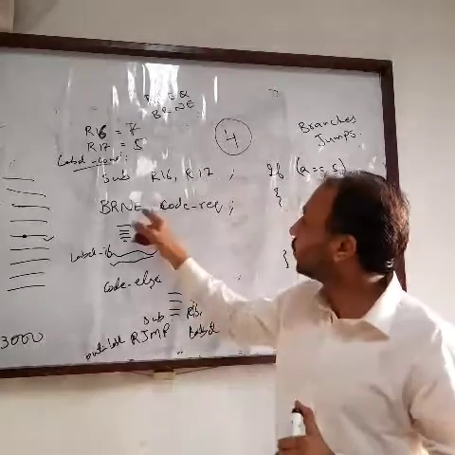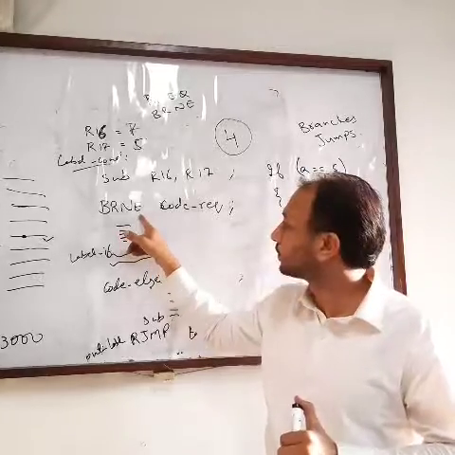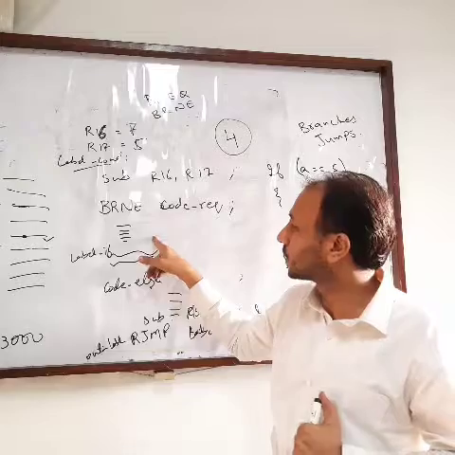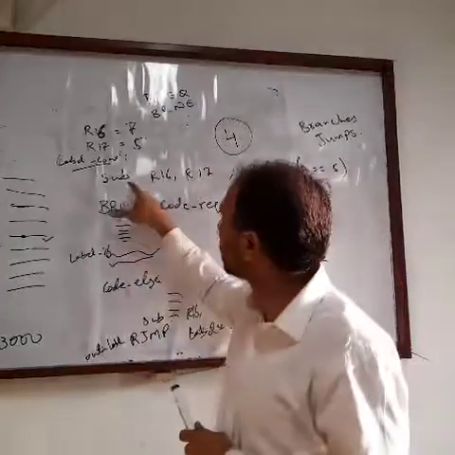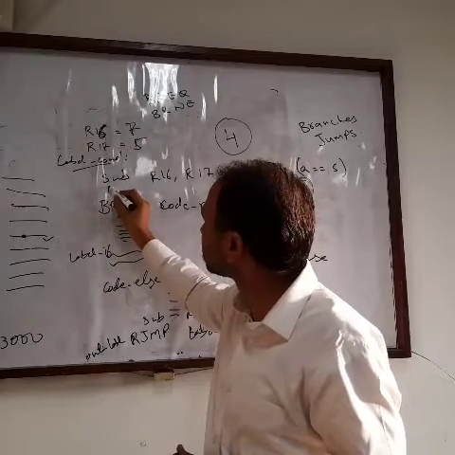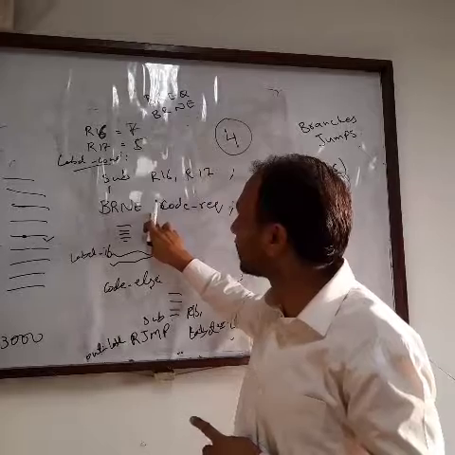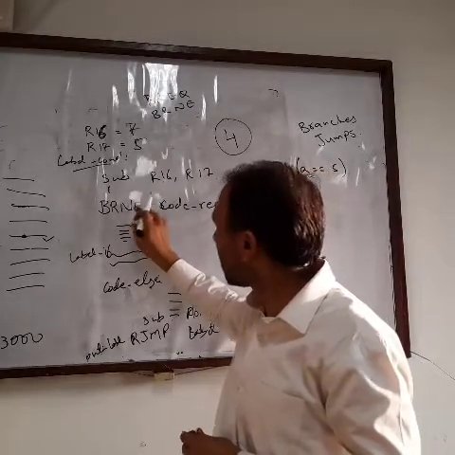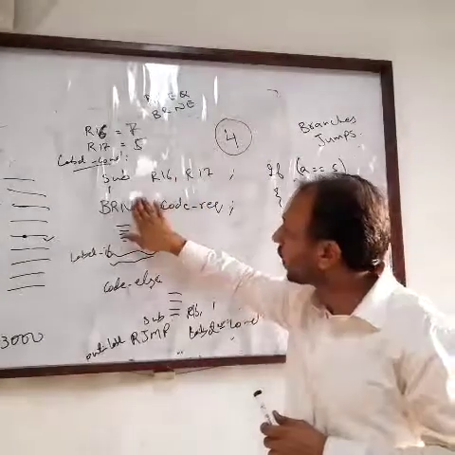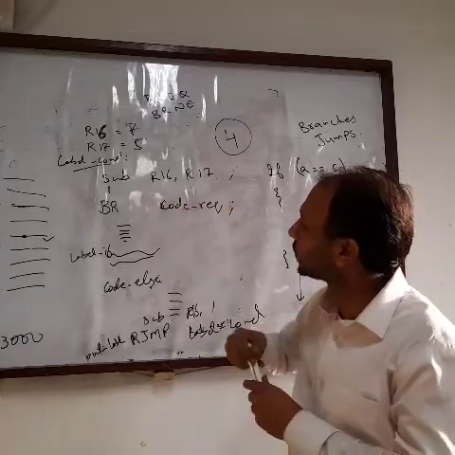When it is 0, this instruction will not get executed. But here we want to take a jump. We don't want to reach this instruction, or we want to take some decision when it is 5. So if you want to take a decision when it is equal to 5, 5 minus 5, 0, so we can